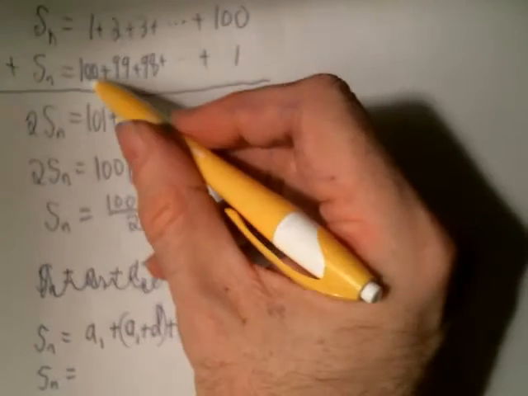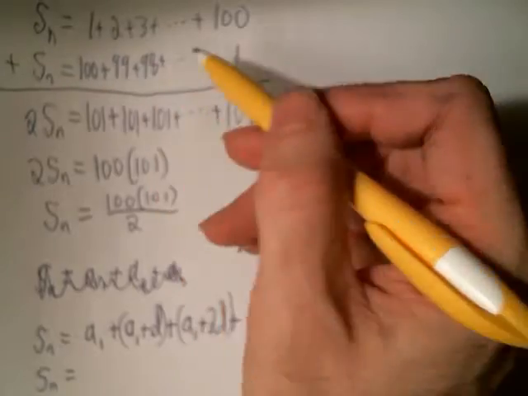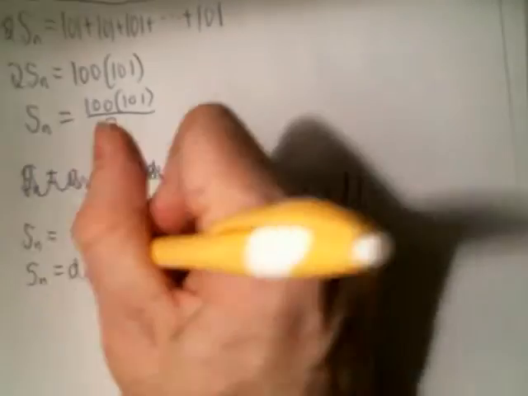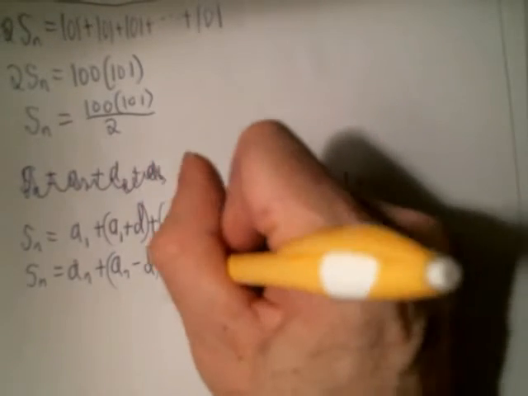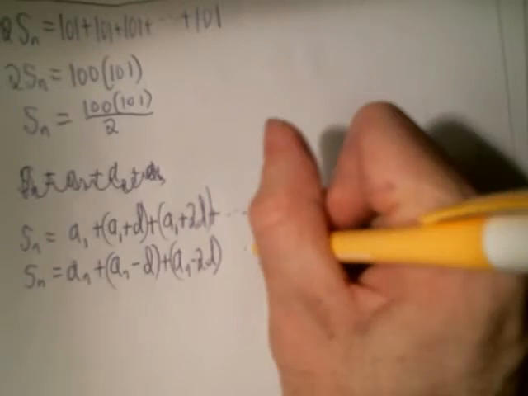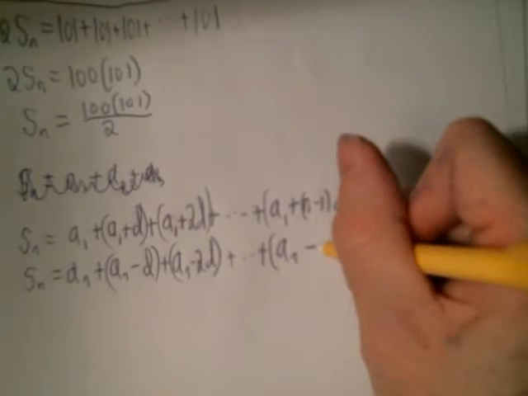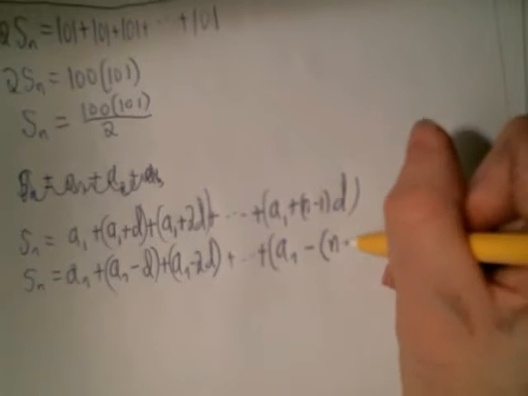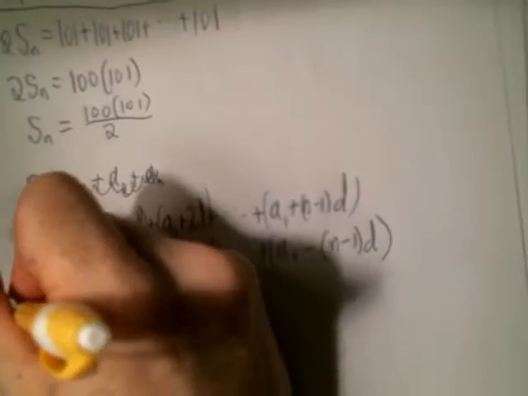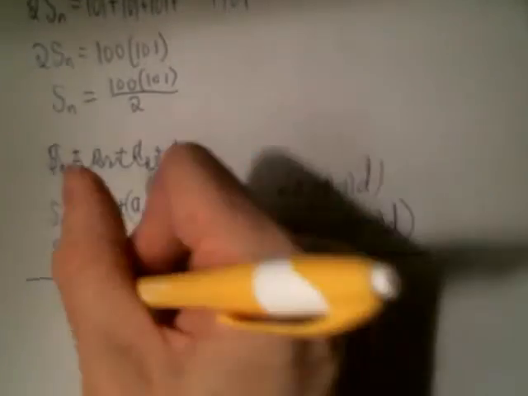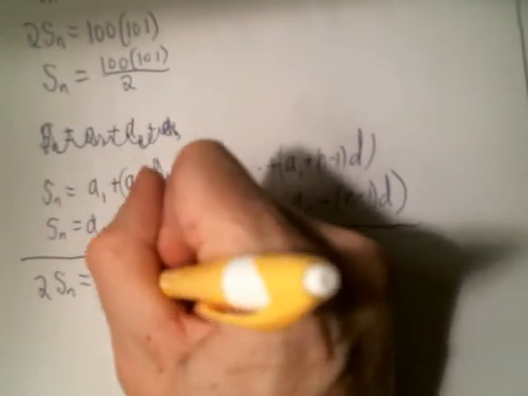To go in the reverse direction, I start at a sub n, and then go plus a sub n minus d. So in the other direction, it's a sub n plus a sub n minus d plus a sub n minus 2d plus dot dot dot plus a sub n minus n minus 1 d's. And then if you add them together, you kind of get the same weirdness going on. We'll have 2 S sub n's here, and then over here you'll have a sub 1 plus a sub n,